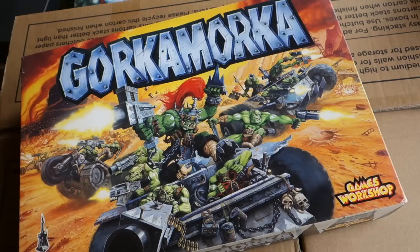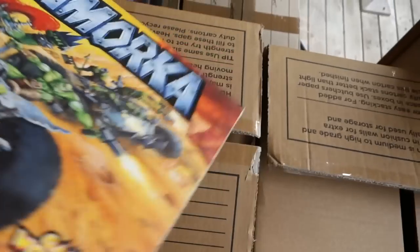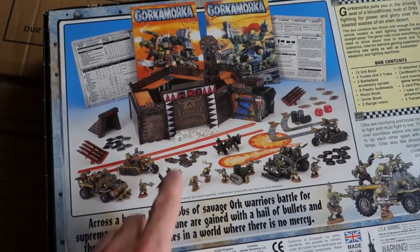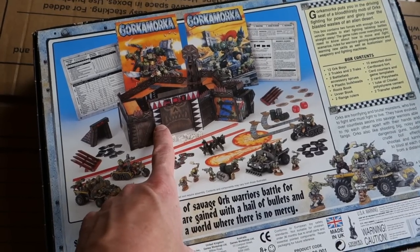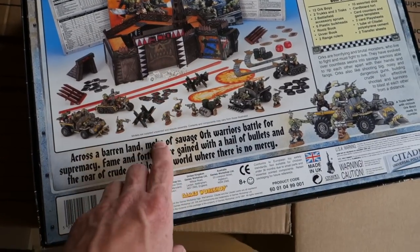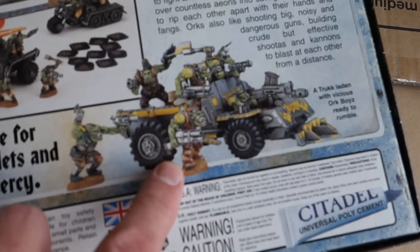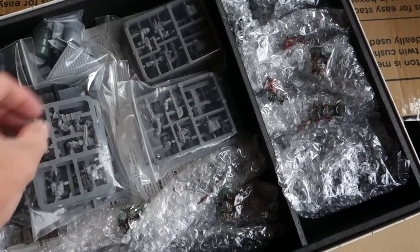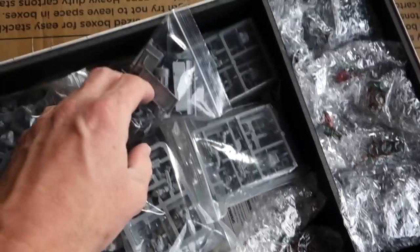This was requested by Nico TJ, and as you can see, you got quite a lot in the box. Look at that. I still have all this terrain. I put it in a big box with my Necromunda terrain these days. But you got little turning templates, and you got these great plastic trucks. Nope, I haven't. There's a whole lot of sprues in here, and they haven't even been taken apart. There's some terrain, and